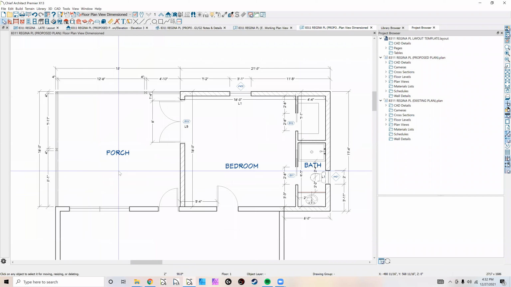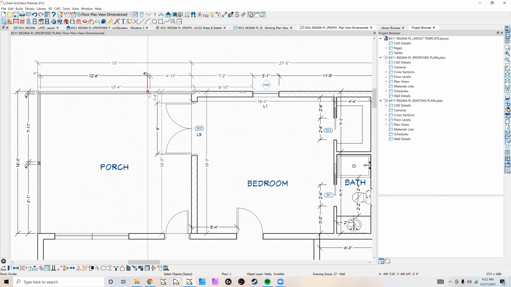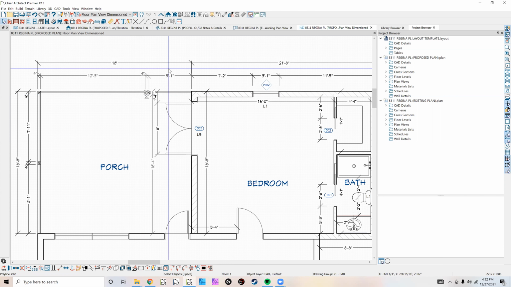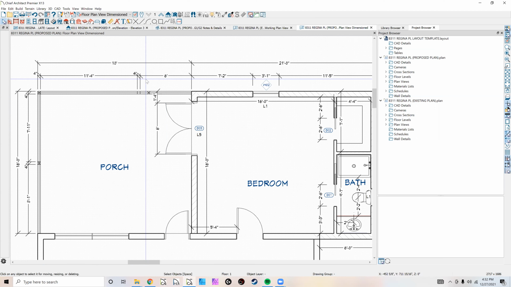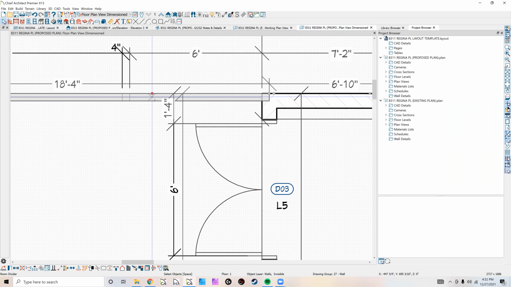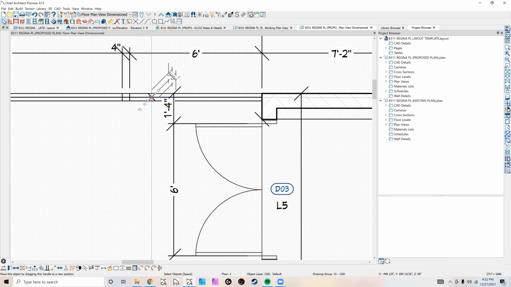So if we're here on the porch, that looks good. This column, we can scoot back a little. And I'll tell you why. I'm going to scoot it back. That's fine there. The reason for scooting this back,